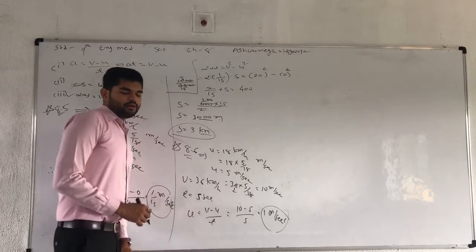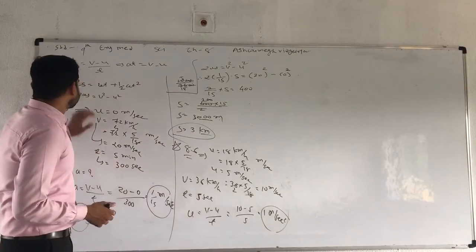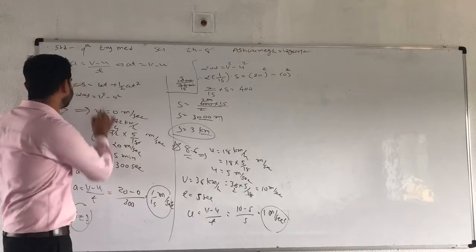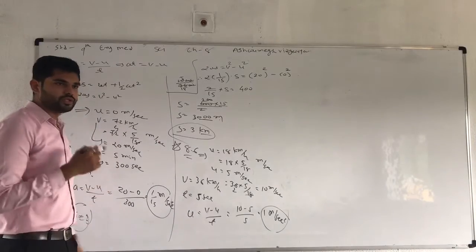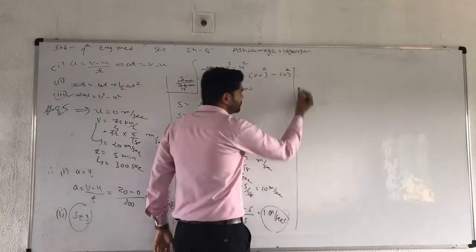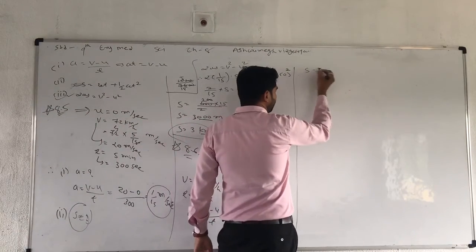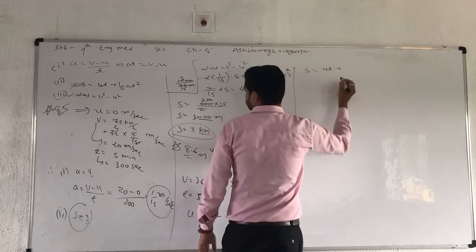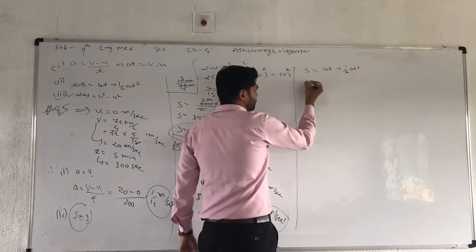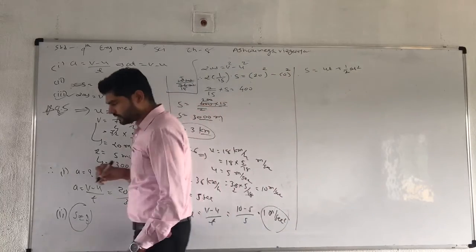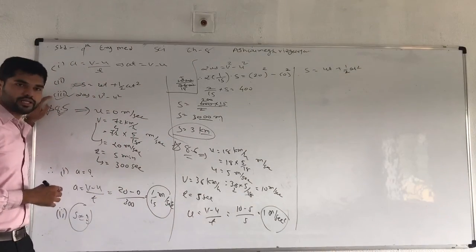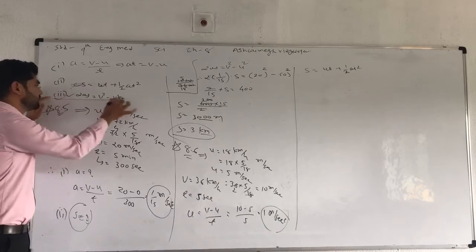Now find how much distance is covered by this car. In this question we can use the second or third equation. You can use any equation out of 2 and 3, the answer will be the same. So using the second equation, s is equal to ut plus 1/2 at square. When time is given in the question, use the second equation. When time is not given in the question, it is compulsory to use the third equation.